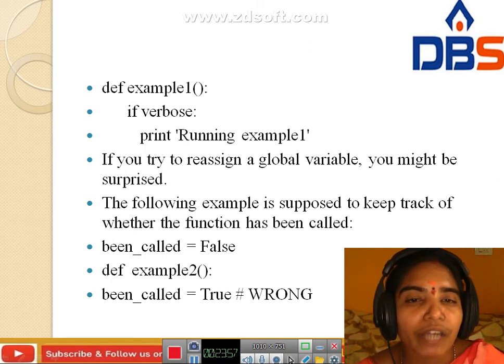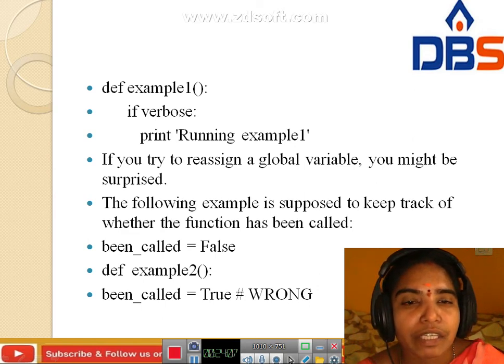If you try to reassign a global variable, for example been_called equals False, and then define example 2 with been_called equals True, this is wrong.